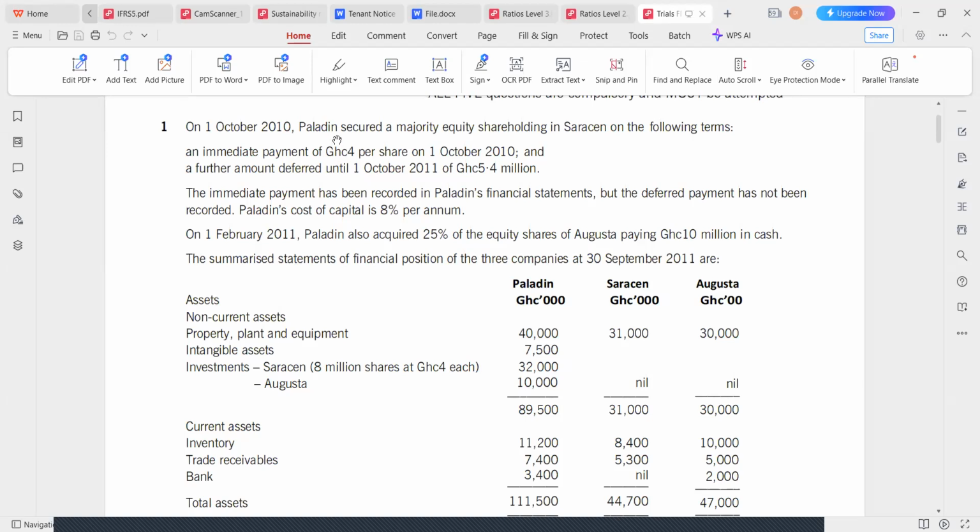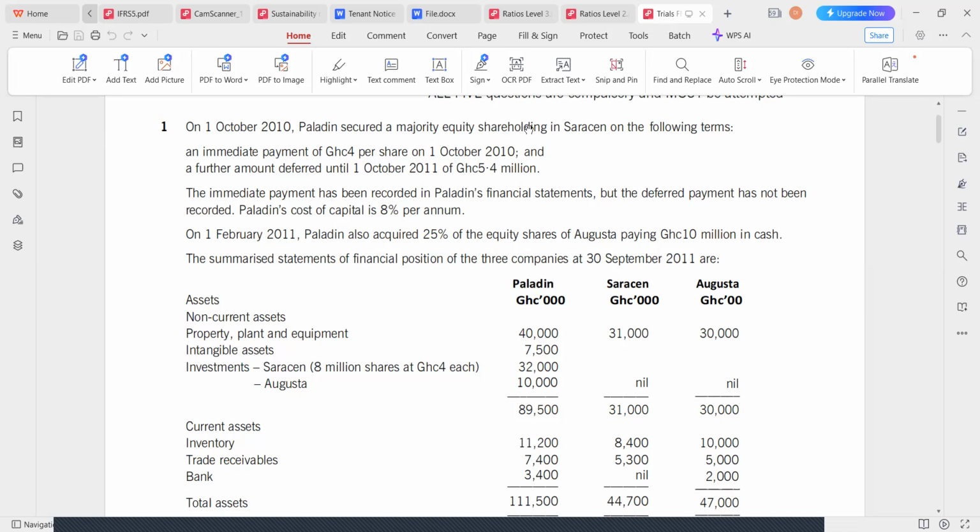You get everything. Is it on October 1st, 2010? October 1st, 2010, that's a full year. That's good. Paladin secured a majority equity shareholding in Saracen